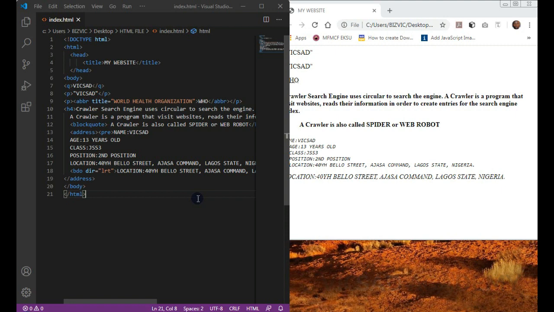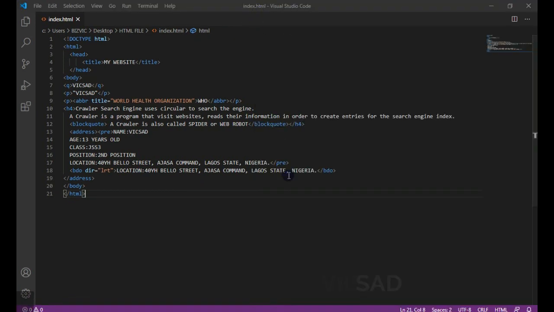In this tutorial I'll be talking about HTML audio. HTML audio can be defined as a way of inserting an audio file into a web page or into an HTML document. So first of all, we need a tag called the audio tag, and I want you to know that the audio tag has an opening and a closing tag.